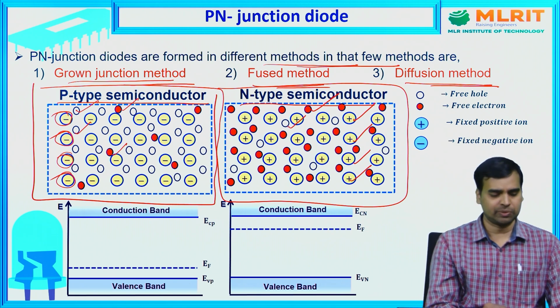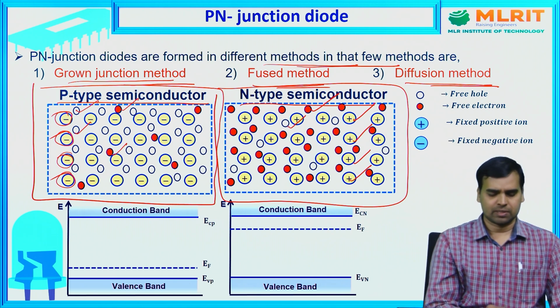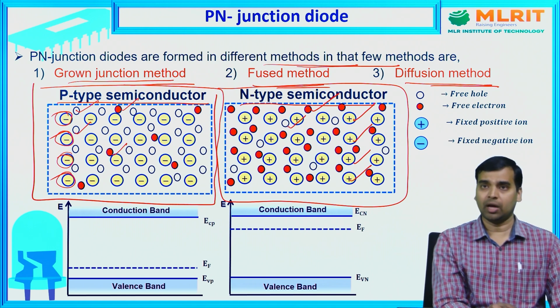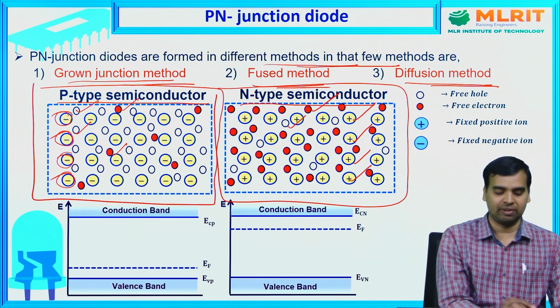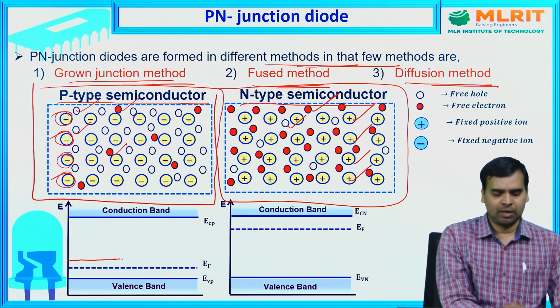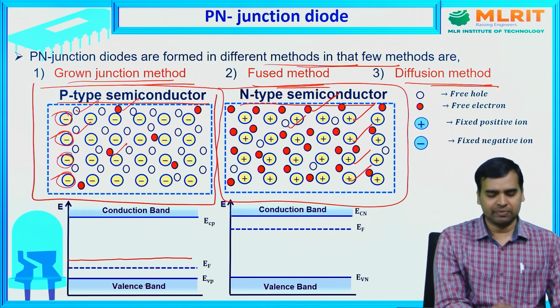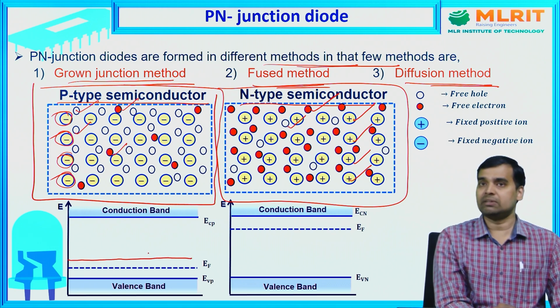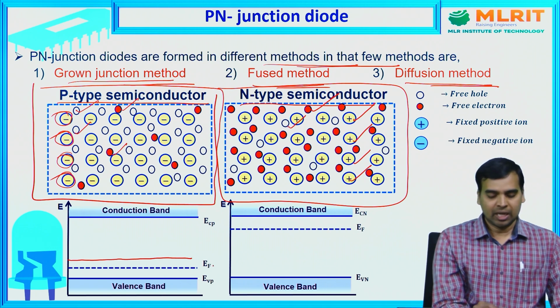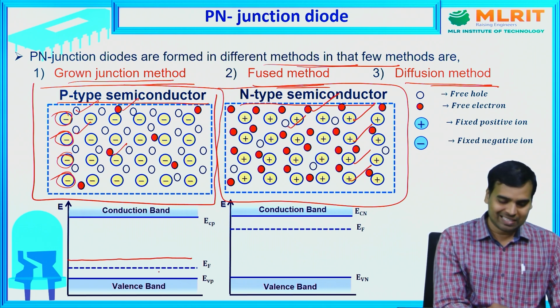Now, when it comes to the energy level diagram, of course, in the p-type semiconductor, apart from the valence band and conduction band, I hope you all know that there exists an acceptor energy level, which is near the valence band. The Fermi level is in between the valence band and the acceptor energy level at 0 Kelvin temperature, so that the Fermi level in the p-type semiconductor is near the valence band.